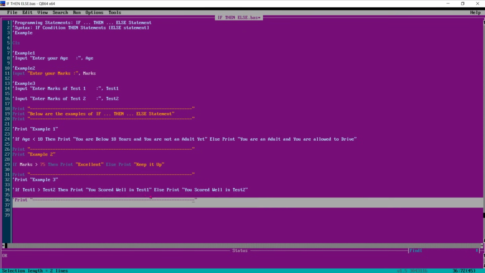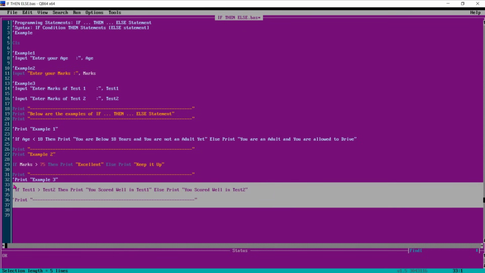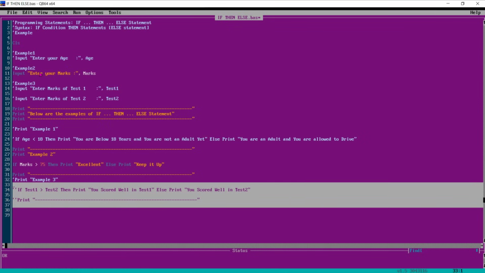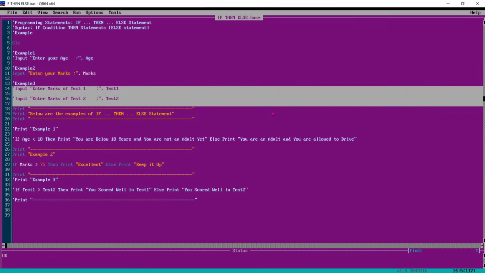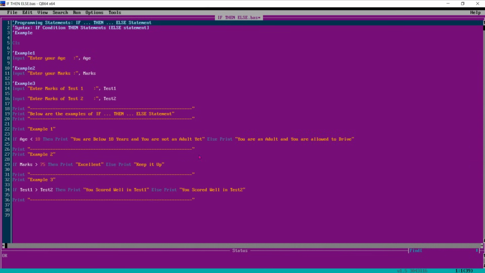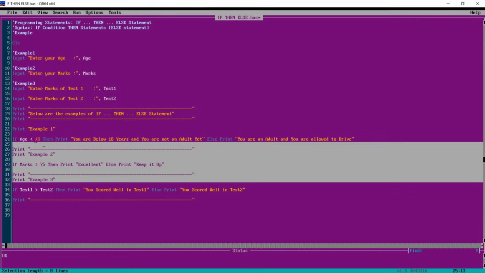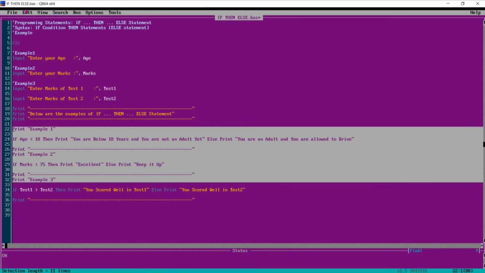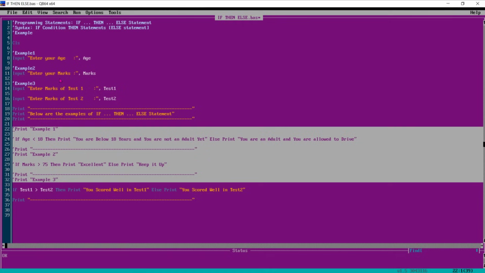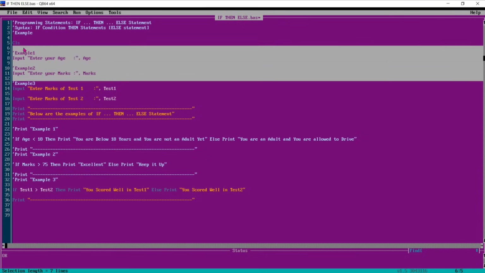Okay. Now we'll move to example 3 to see how it works. So let me comment up to here. Commented, and I am also commenting this part.